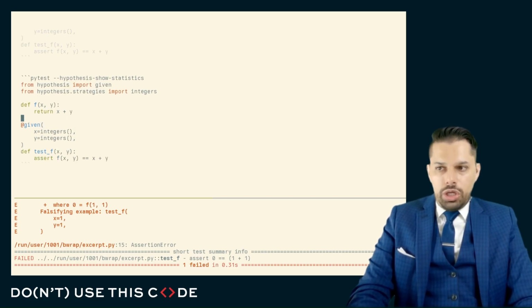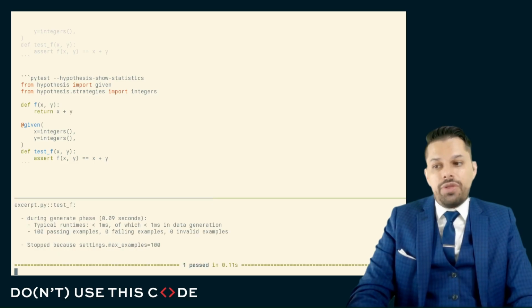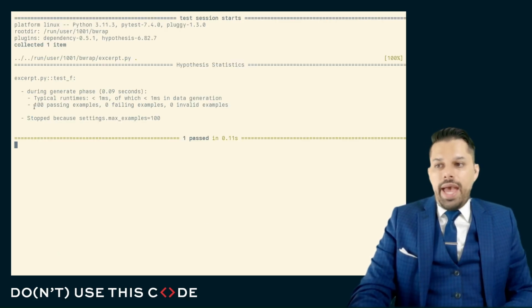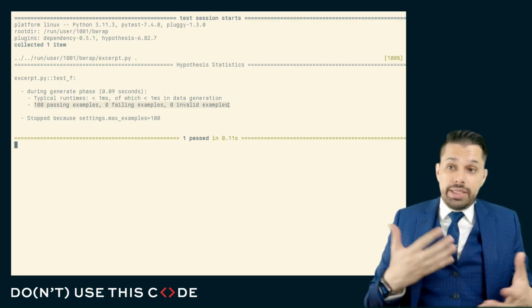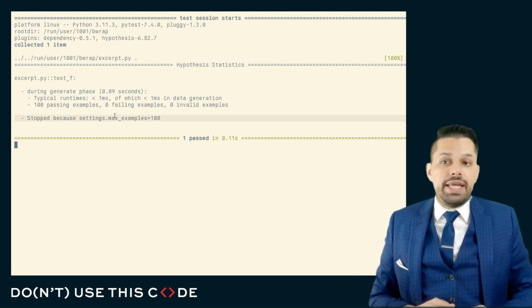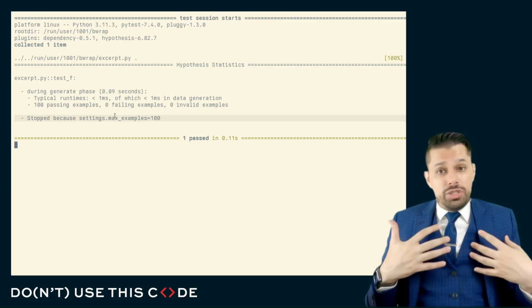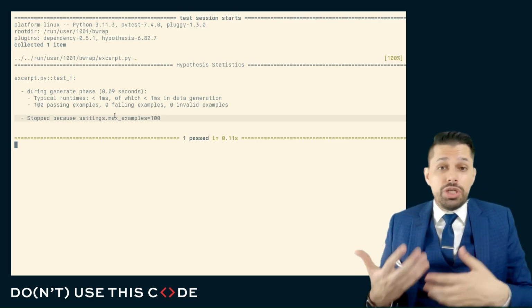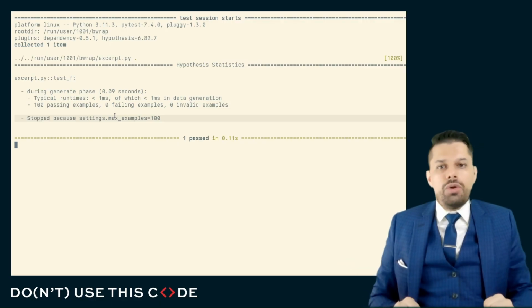If we take a look at hypothesis running with statistics, we can see a little bit of the details for how this works. We can see that hypothesis ran 100 tests, and it collected as many failing examples and as many invalid examples as it can, and there's even settings that indicate what our test budget is. We can indicate that we want to test this with a very large budget, with a very small budget, and you can imagine that maybe when you're doing your testing as part of your rapid development,